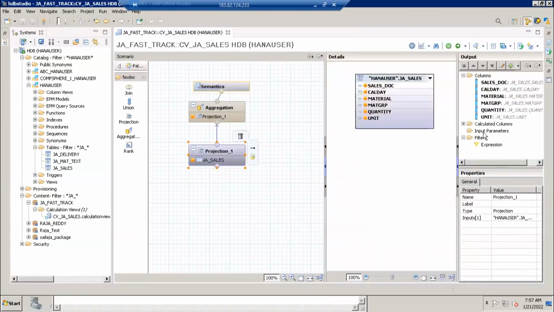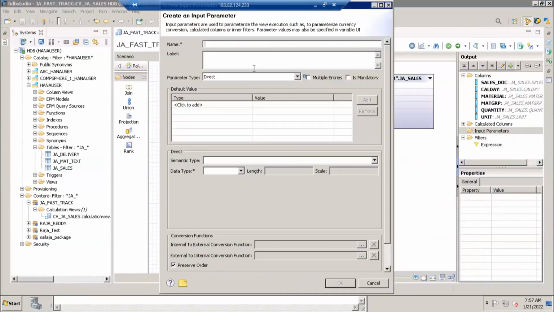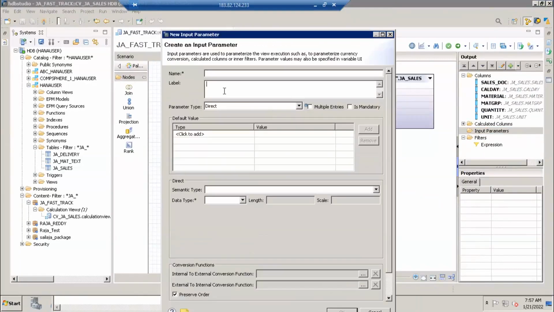But when it comes to an input parameter variable, it is not like that. If you create an input parameter variable, you must pass some selection to it. If you don't wish to pass any selection, then you have to handle it properly in the calculation view so that you can see all data. So that's why when dealing with input parameter variables, you must be very careful. Variables are very easy, like our BEx variables, but input parameter variables, you must deal with very carefully in the calculation view. Okay, so now what I did,